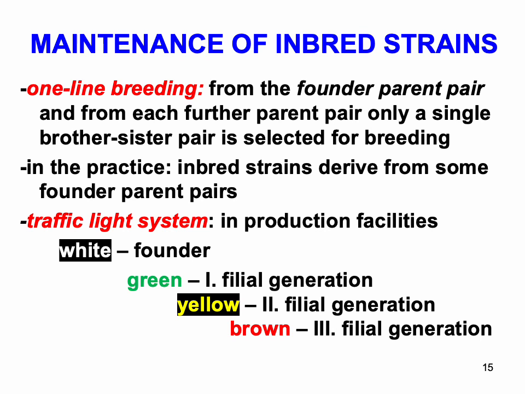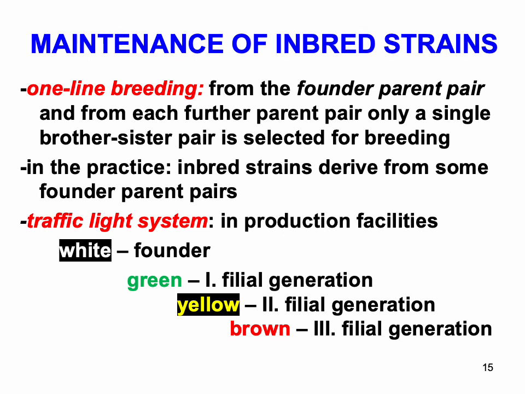How to maintain the inbred strains? The inbred strain can be maintained in the form of line breeding, when from the founder parent pair and from each further parent pair only a single brother-sister pair is selected for breeding. This is very strict, but in practice inbred strains derive from some founder parent pairs. They use in the maintenance